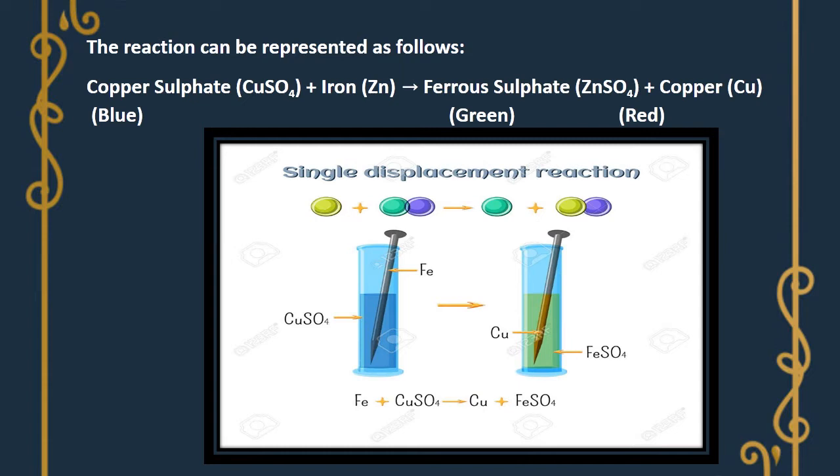Let us have a look at the picture and try to understand what displacement reaction is taking place. So in this picture you can see that copper sulfate has been taken. Copper sulfate is blue in color. An aqueous solution of copper sulfate is being taken here. Aqueous solution means copper sulfate dissolved in water, and an iron nail is dipped in it. After some time you will see that the solution instead of blue changes to green. So this is the observation that we make, that the color of the solution changes from blue to green.